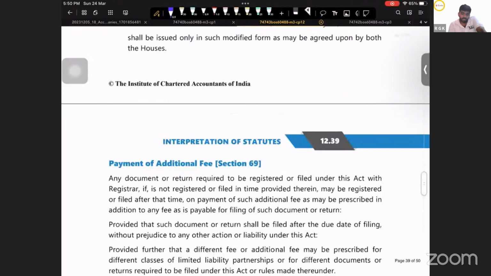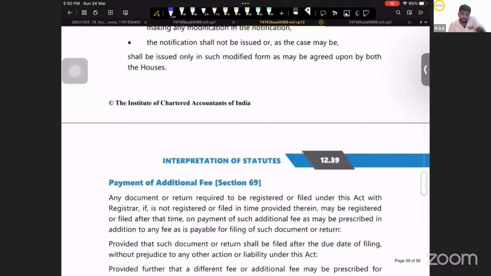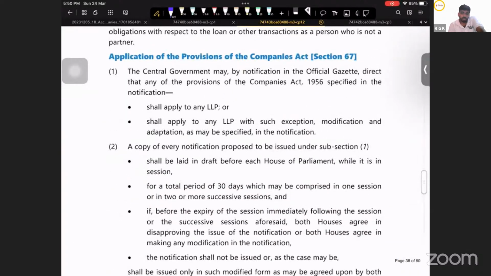Application of provision of Companies Act. What does it say? Central government may, by notification in the official gazette, direct that any provision of Companies Act specified in the notification shall apply to any LLP with such exception, modification, and adoption as may be specified. A copy of every notification proposed to be issued under subsection 1 shall be laid in draft